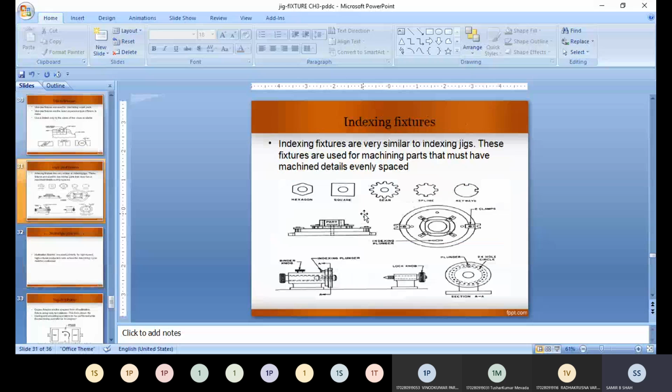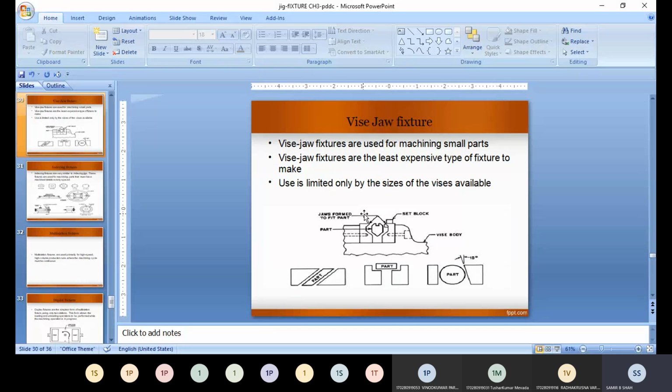Vise jaw fixtures are used for machining small parts and are the least expensive type of fixture to make. Use is limited only by the size of the vises available. Okay, based on the size of the vises, we prefer the fixture.